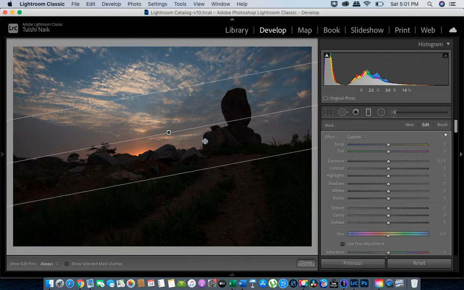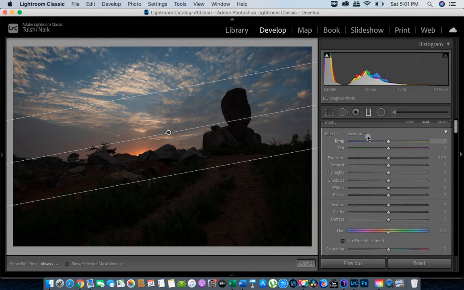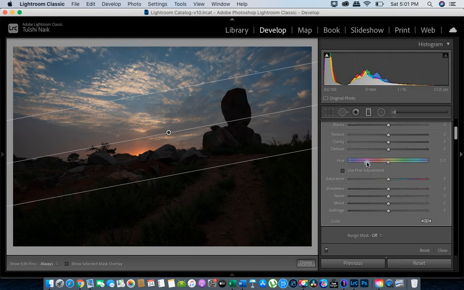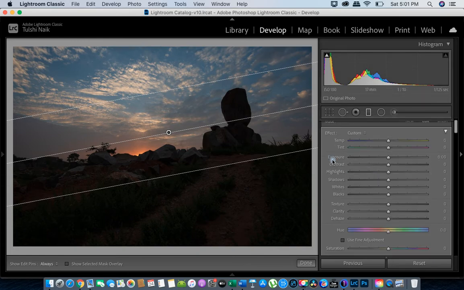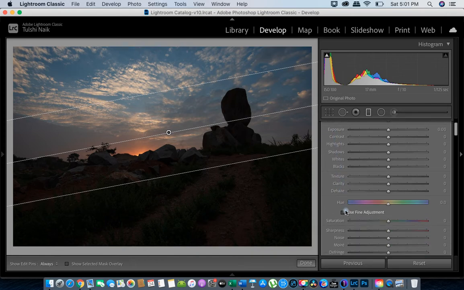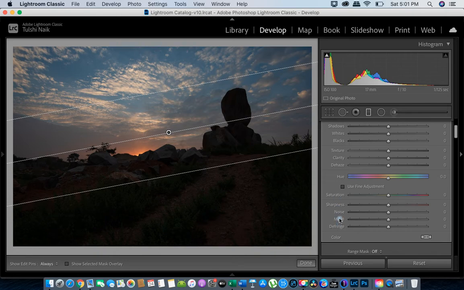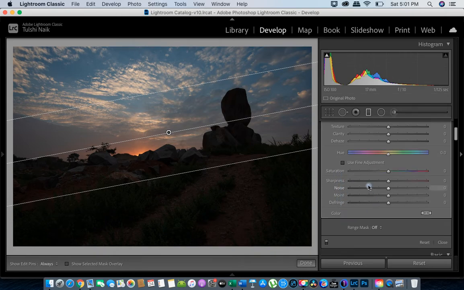What I can adjust with this is what is available to me in this panel only, which is exposure, contrast, highlights, shadows, whites, blacks, texture, clarity, dehaze, and then saturation, sharpness, noise, and so forth.